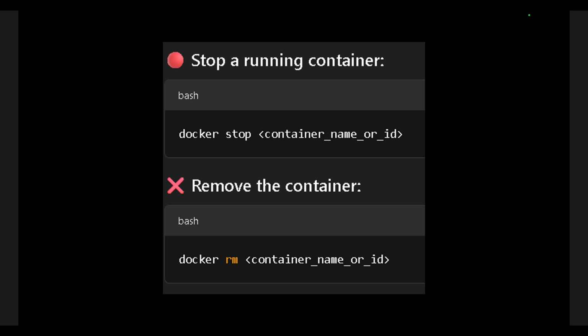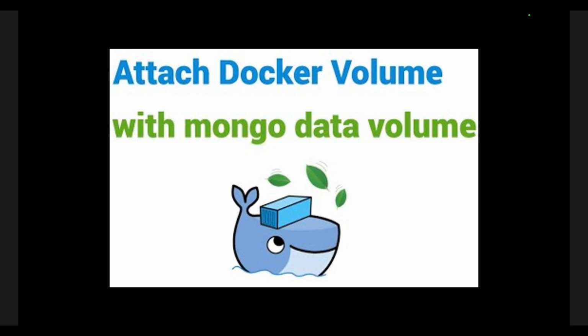When you are done with MongoDB, you can stop and remove the container. To stop the server, you can run this command. This tells Docker to stop the MongoDB server running in the background. And in order to remove the container, you can run this command. This deletes the container completely, including any unsaved data. Here's a pro tip. Docker containers do not persist data by default. So once you remove the container, the data inside it is gone, unless you mount a volume to save data on your local machine.